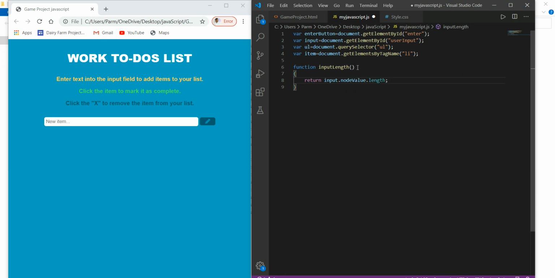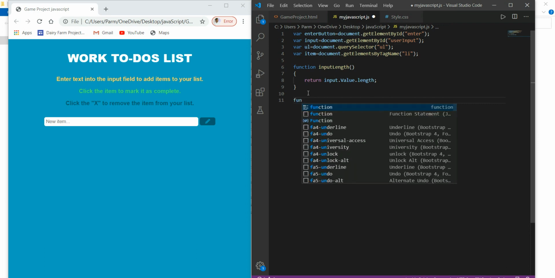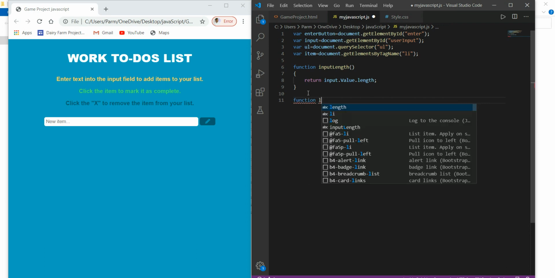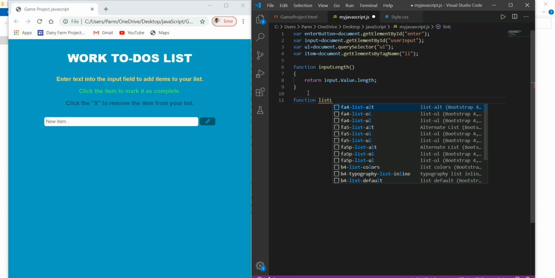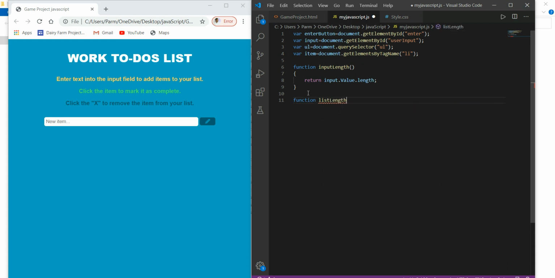Okay, so here we have to correct, this is not nodeValue, this is only value, input.value.length. Okay, so this function is created over there, and we just create another function, say function listLength.